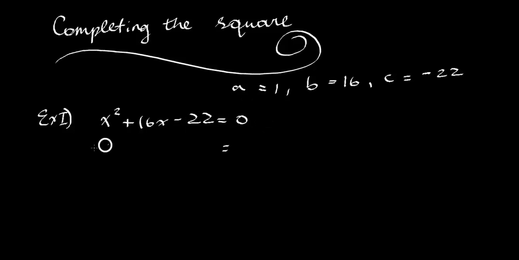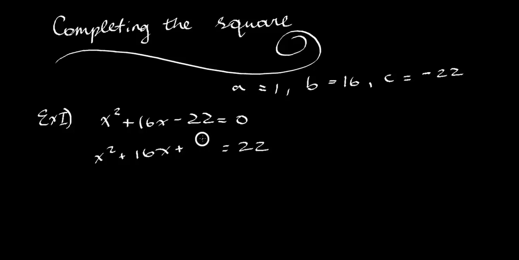So I'm just going to copy this. I'm leaving a space here purposely because we will need to fill in a number. We're going to complete this equation with a different number in order for us to factor it. So if we move this 22, we get a positive 22. And now to find this number right here,